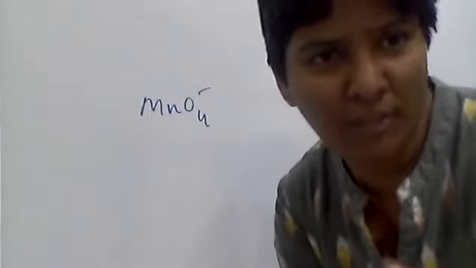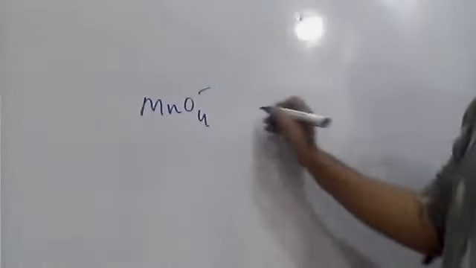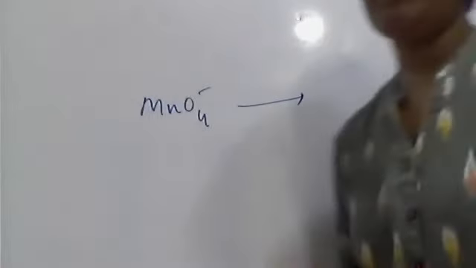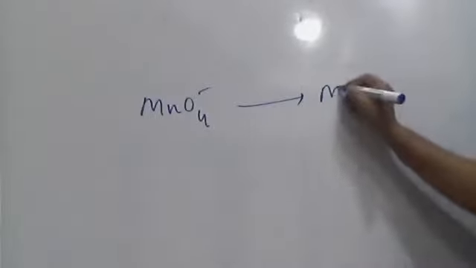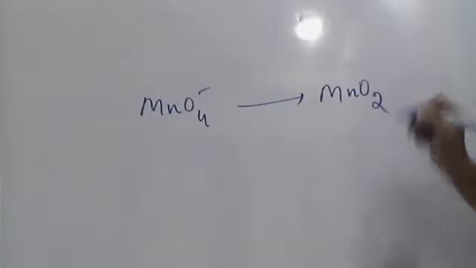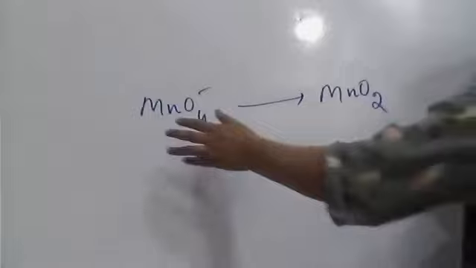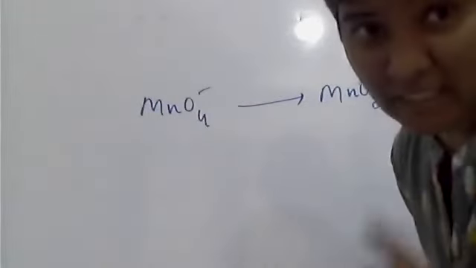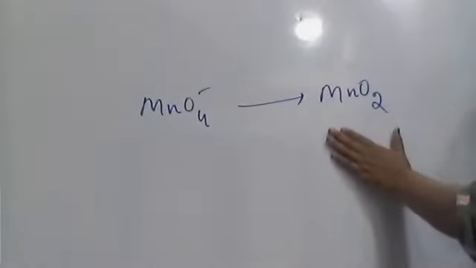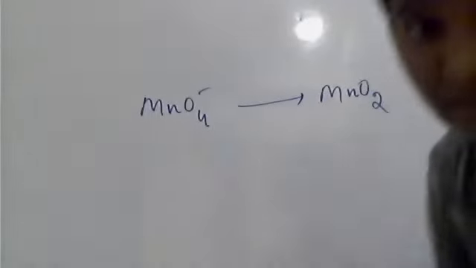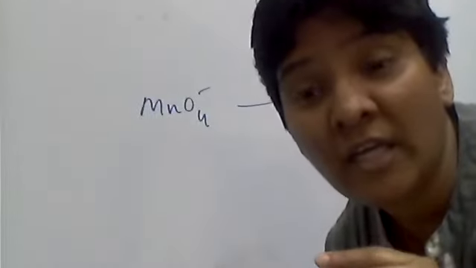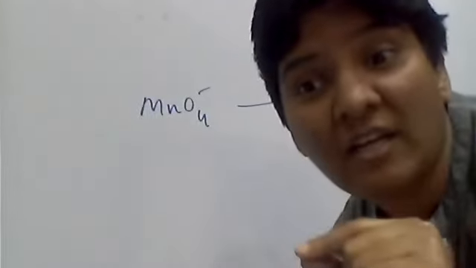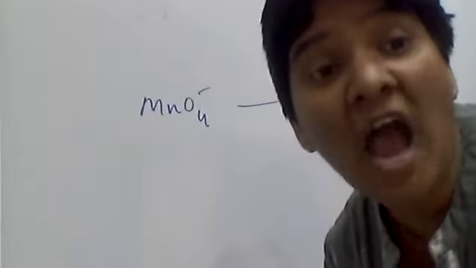In basic medium, that is alkaline medium, it changes to MnO2, where the permanganate ion is pink and manganese dioxide MnO2 is brownish in color. This change in color from pink to brown is taken advantage of in identifying